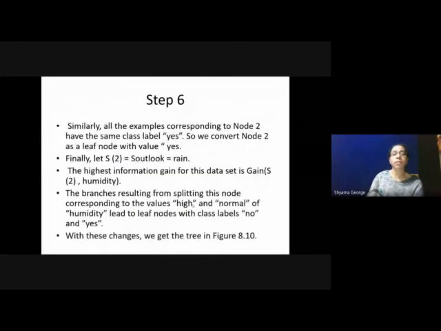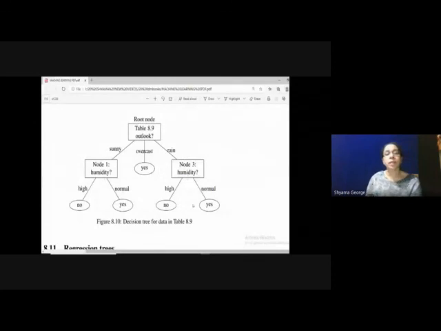When we continue like this, you will get the final decision tree as this one. The root node is outlook, and sunny, overcast, rain are the branches. When you take overcast, you can find that all are in the class yes, so the leaf node is reached. When you take sunny, you can find that humidity is the attribute with the highest gain. Humidity has two values, high and normal. High will end in the class label no. Normal will end in the class label yes.